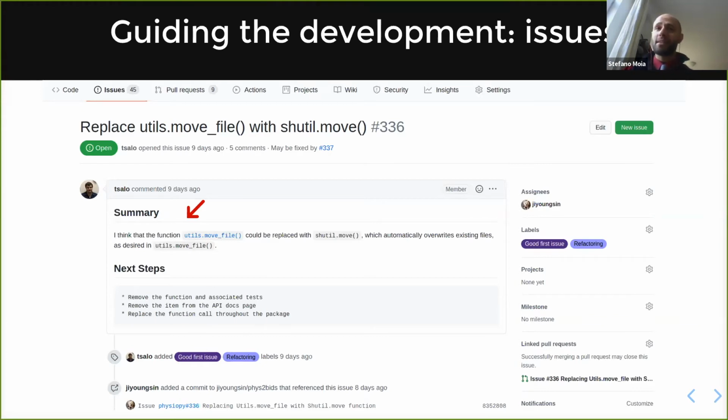And what happens is that sometimes the author of the issue does the job already and then opens a PR and goes on with that. But some other time, somebody else, some other contributor might step up and say, hey, I'm going to do this instead. Or, hey, I think that this person is the best person to tackle this issue. And this issue can be assigned and the person will work on it and so on, what we saw before.